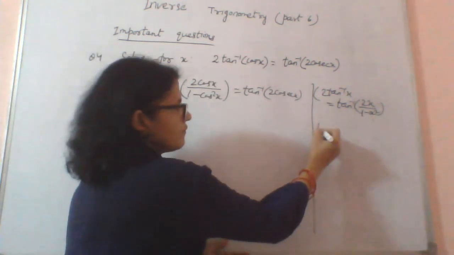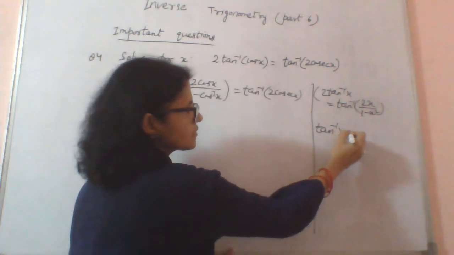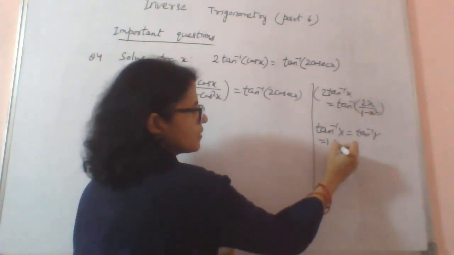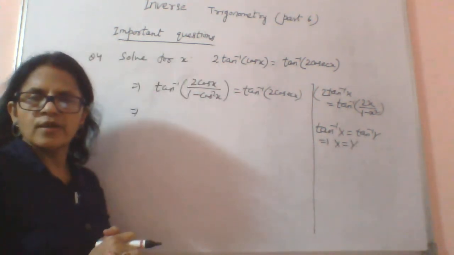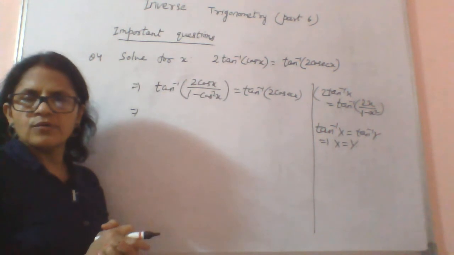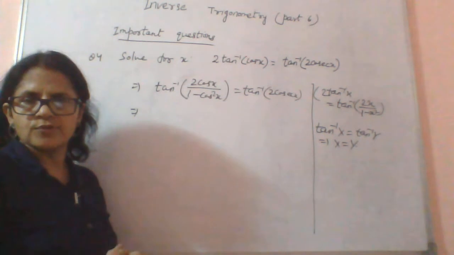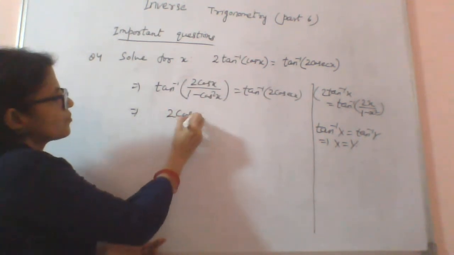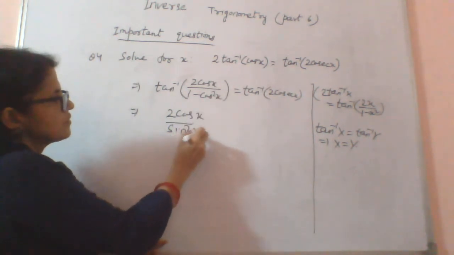So tan inverse being invertible, tan inverse x equal to tan inverse y implies x equal to y. If the function f(x) is 1-1, then f(x1) equal to f(x2) implies x1 equal to x2. Okay, so using this we can write 2 cos x,